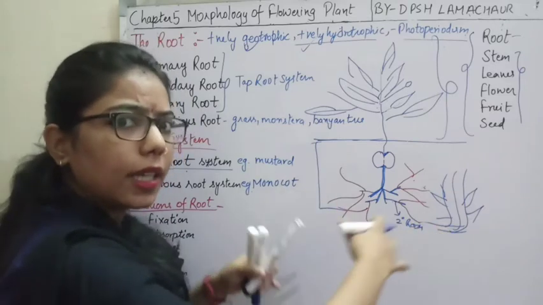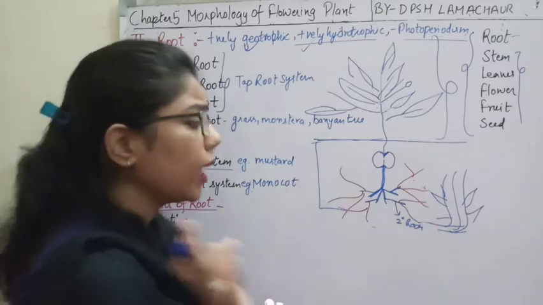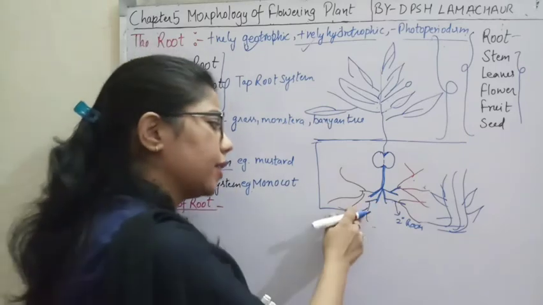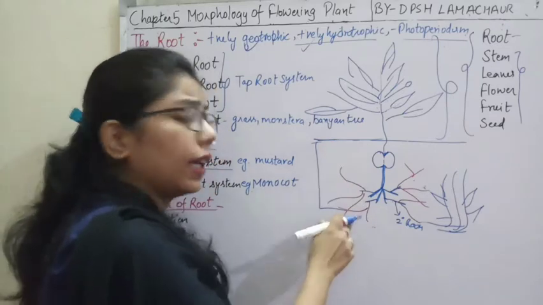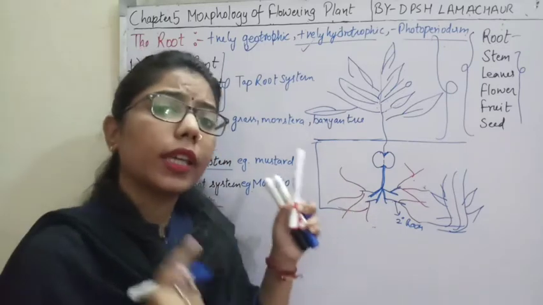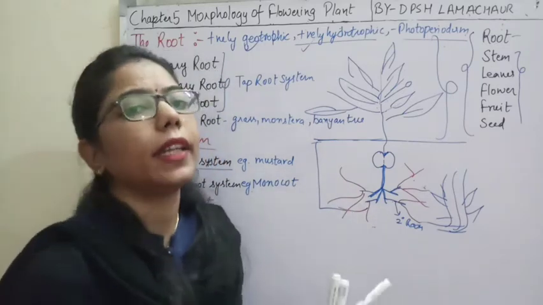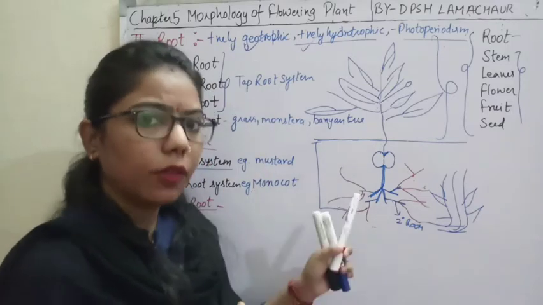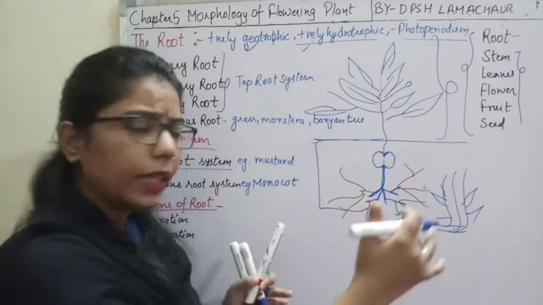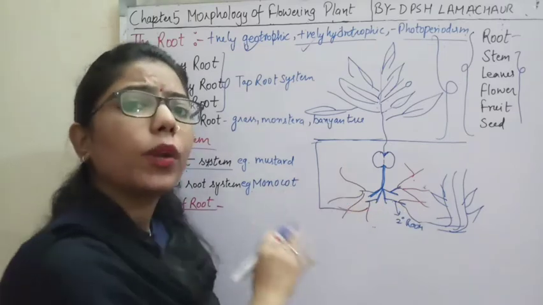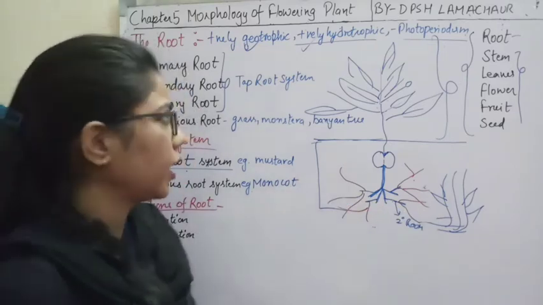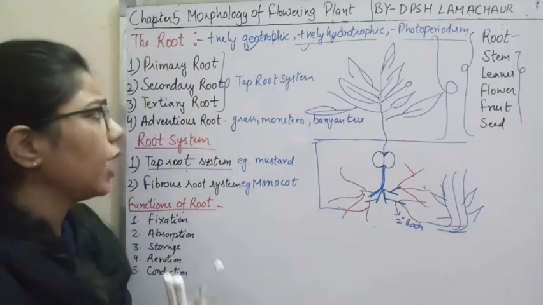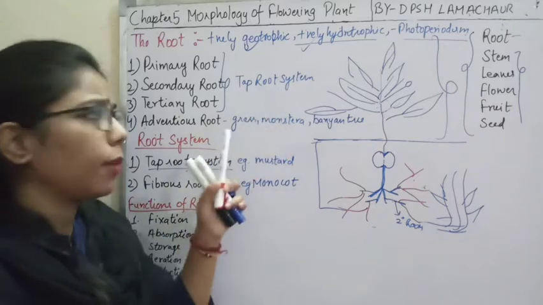Side by side their growth will be. Now what about the tertiary root? The tertiary root arises from the secondary root, and another important point is that these roots can grow in any direction. How was the primary root? Vertically downwards, secondary obliquely, and the tertiary can grow in any direction. So we have done all these three types of root, and again they come under the taproot system.